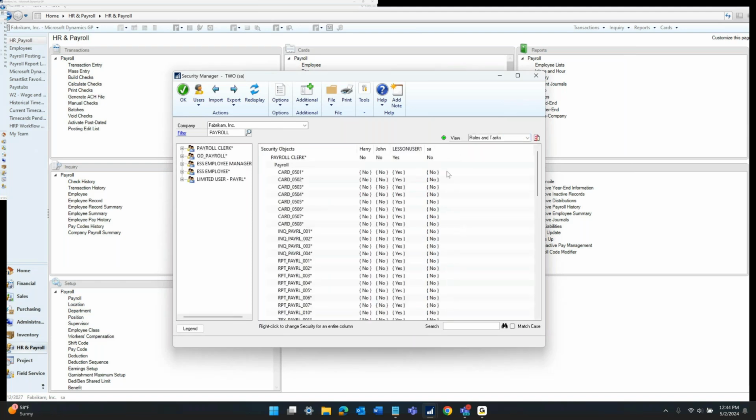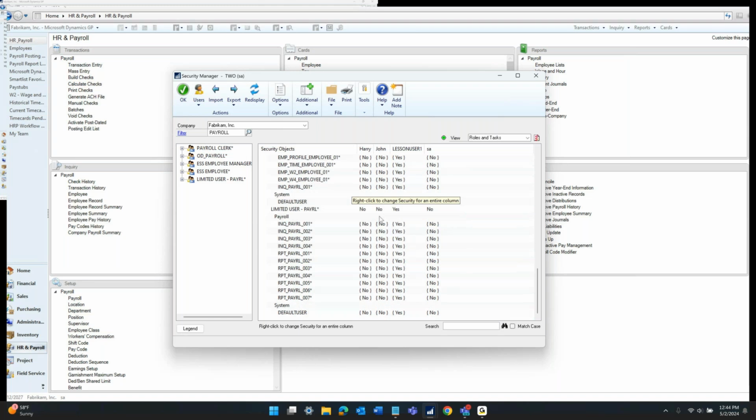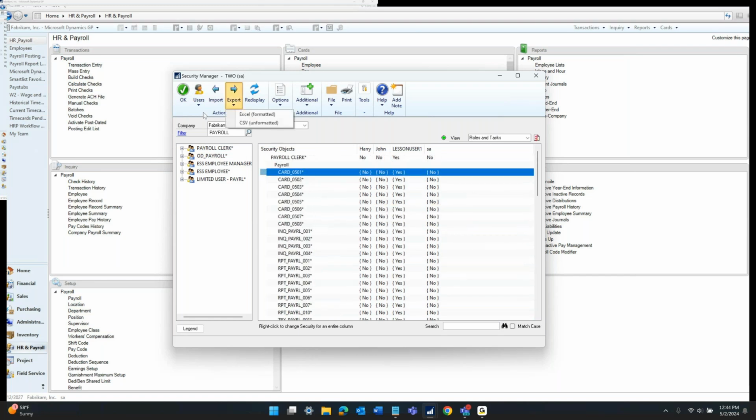We're not going to be able to change security at the task level, only at the role level, but we can see what tasks they have access to. And also, we have export and import to Excel. So if you want to export this grid to Excel, make your changes and import it back in, you can do that as well. So that is Security